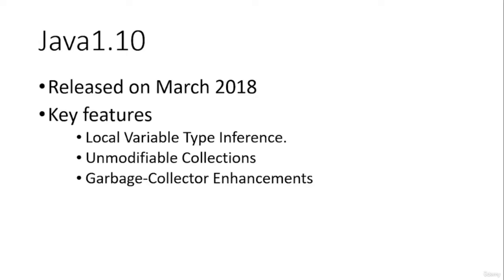Next thing which you need to mention here is unmodifiable collections, which were introduced in 1.10. For example, an unmodifiable list. The List.of method was introduced, which allows us to have collections that cannot be modified. Next thing is garbage collection enhancements. Garbage collectors are tools which allow us to recover memory while executing a program. Dereferenced objects will be collected back. There was an enhancement for these garbage collectors in Java 1.10.